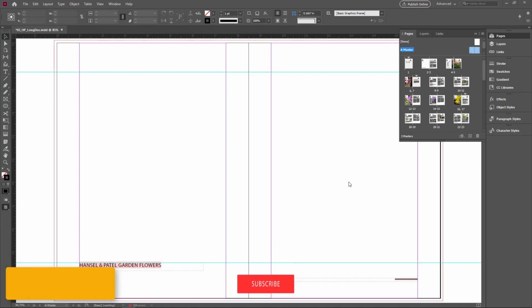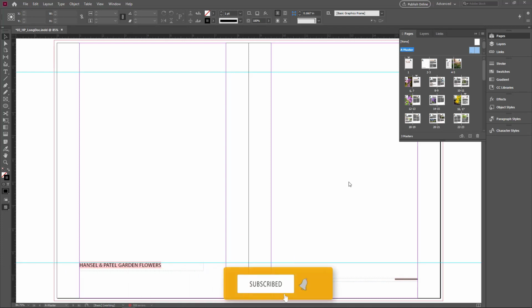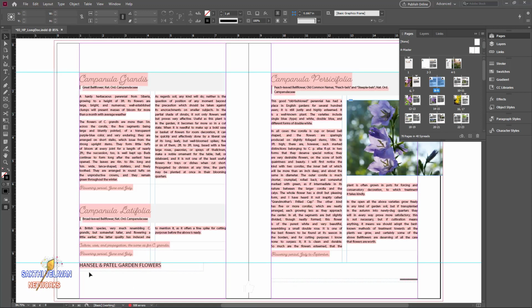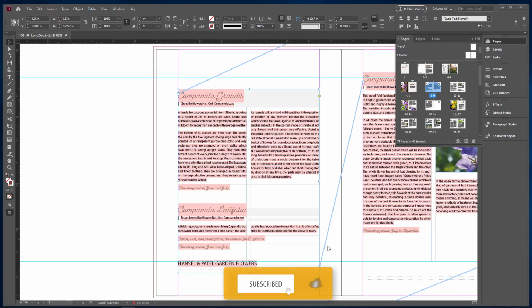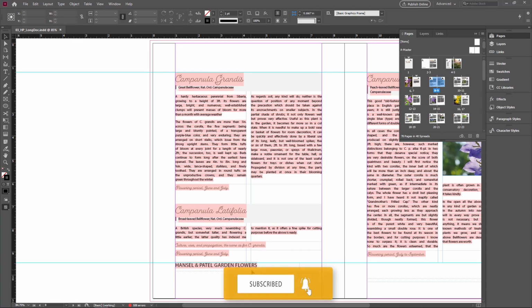If you put anything on the master page, it will show up on all of the pages. I put some text in the footer field and go to check page number 8. Now the footer is here. I want to move the text somewhere, but I cannot select it. Only the text frame is selected and moved. So I undo it. You can see the master page items in dotted line frames.